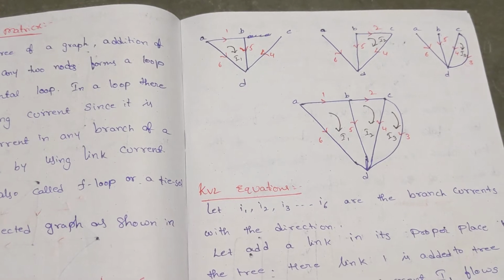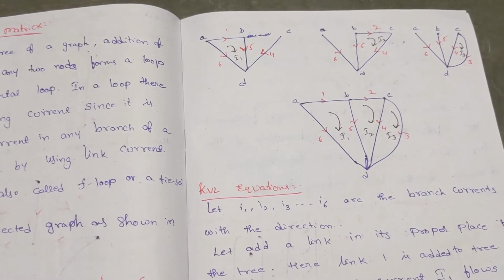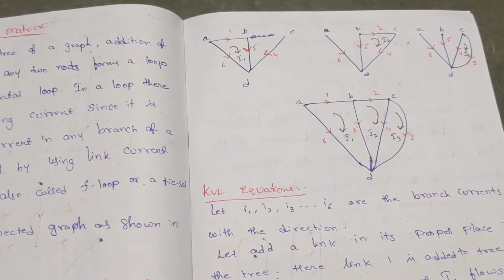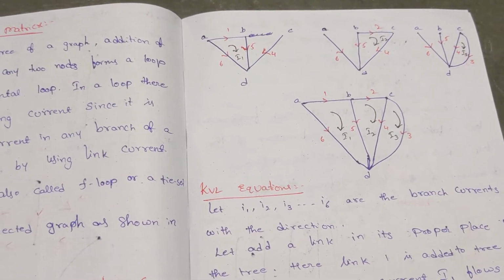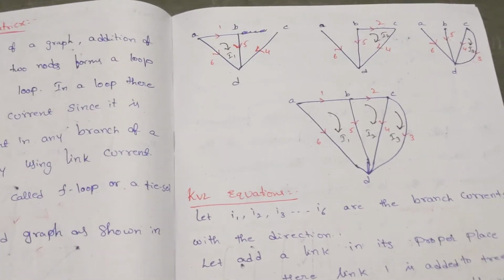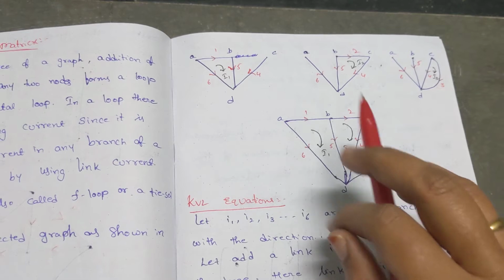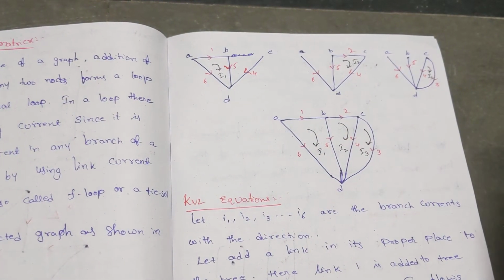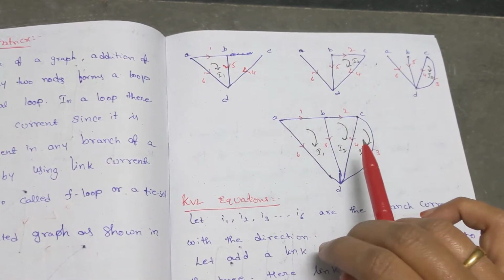There is no compulsion that we have to select the same tree for every graph. No, as per our wish we are going to select the tree. For that corresponding tree we get the links, and we are going to add the links one by one to your tree. So the complete graph including your circulating currents we are mentioning right now. Till this point I think everyone is clear.